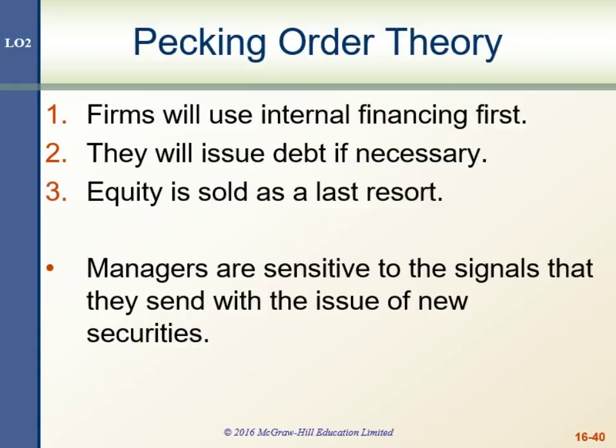Many firms don't actually have a target capital structure in mind. That's one of the implications of the pecking order theory. The profitable firms would use less debt because they have greater internal sources of financing, so they don't actually need to go to the external sources to get their financing. And companies want to have financial slack, and so they want to have the ability to operate without constraint, and so debt comes with constraints. And so one of the reasons you see very little debt is because it increases the amount of say that other people have in the operations of the firm.